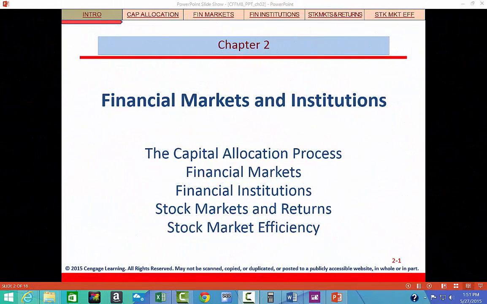In Chapter 2, we're going to learn about financial markets and institutions. And the major learning objectives for this chapter are for you to be able to identify the different types of financial markets and financial institutions and explain how these markets and institutions enhance capital allocation, and for you to explain